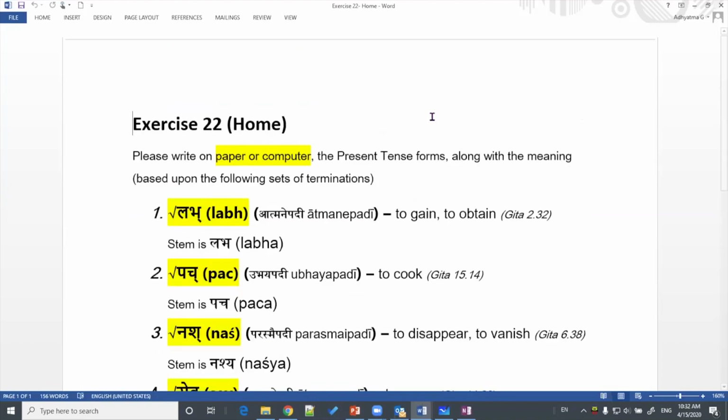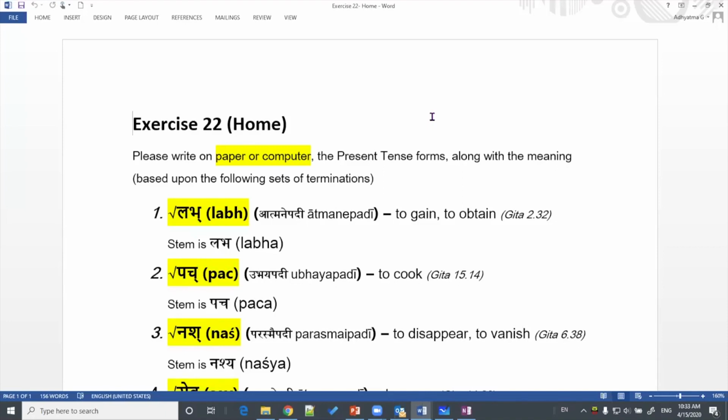I'll quickly see if there are any questions you have related to this exercise, or we'll do the closing prayer. Yes, somebody is asking about bhajamyaham, there is a sandhi, yan sandhi, that is correct. And yes, sandhis would be applicable, so you would actually see the sandhis. Vartante is an example of atmanepadi. Yes, it is an example of atmanepadi. Labhante, you will see the endings.